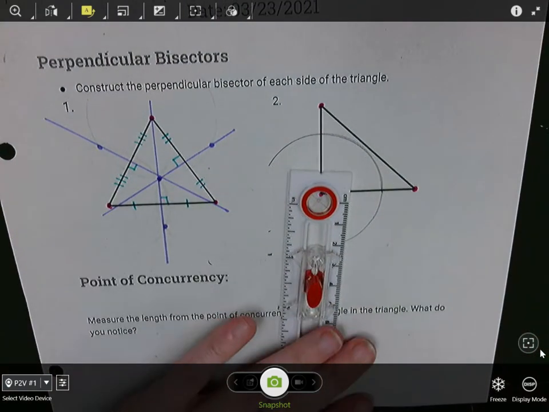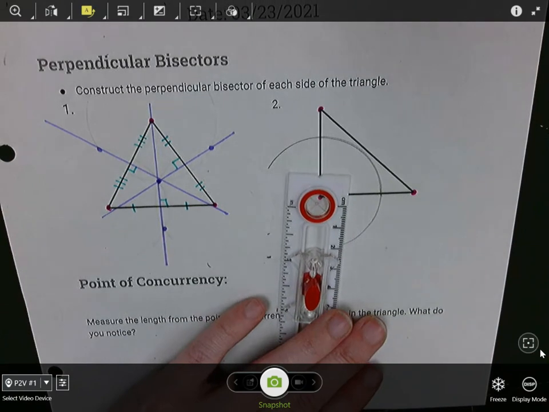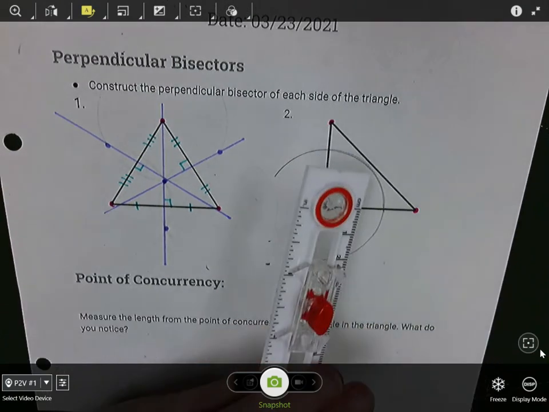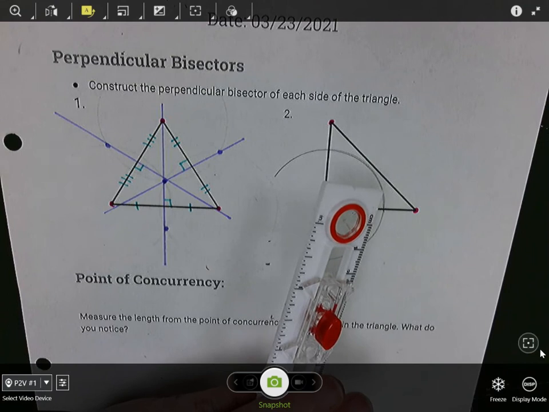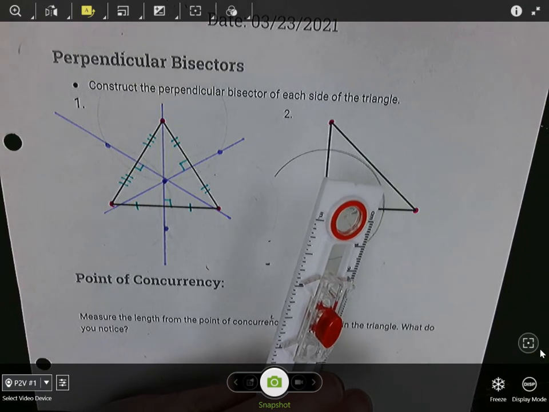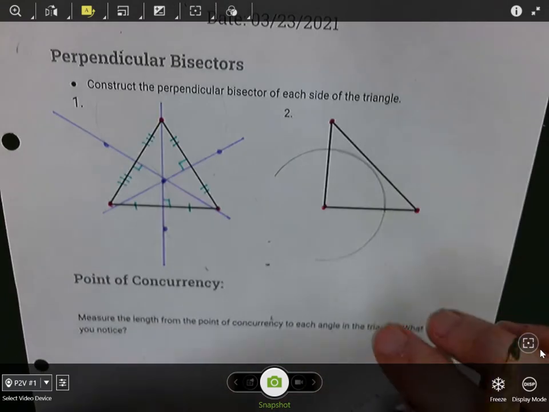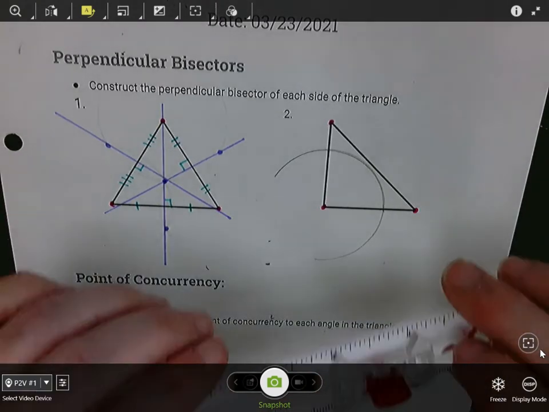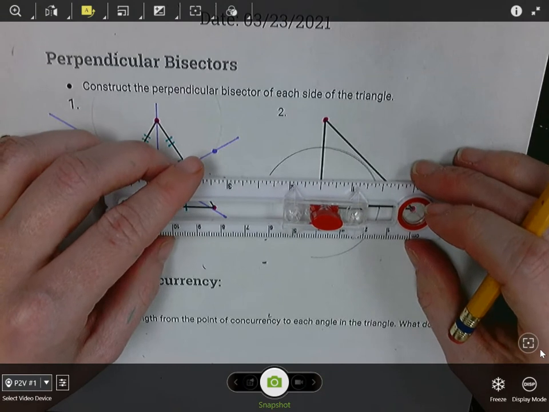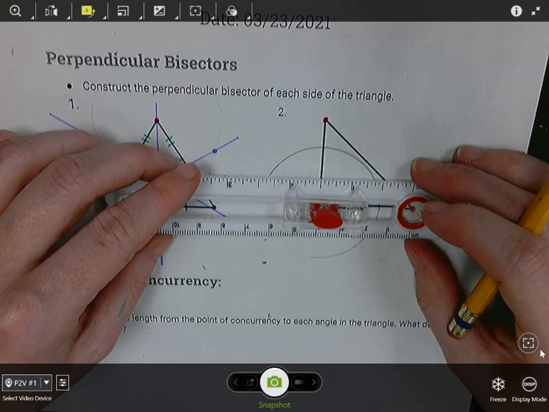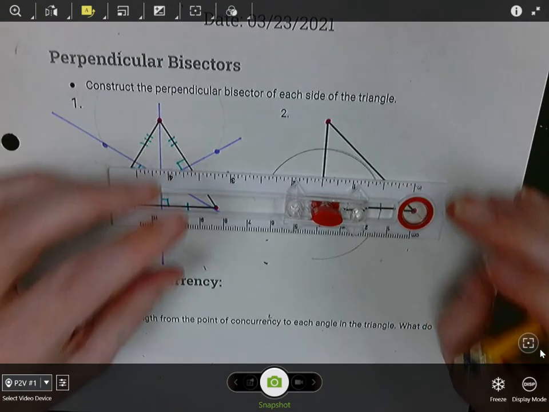Now, something that Caden mentioned was he went ahead and just drew all 3 circles, and you can do that and then do the perpendicular bisectors. Some people get confused by knowing which 2 points to go through, but if you wanted to do that, that's fine. All right, then keeping it at the same setting, place it on that other dot on that